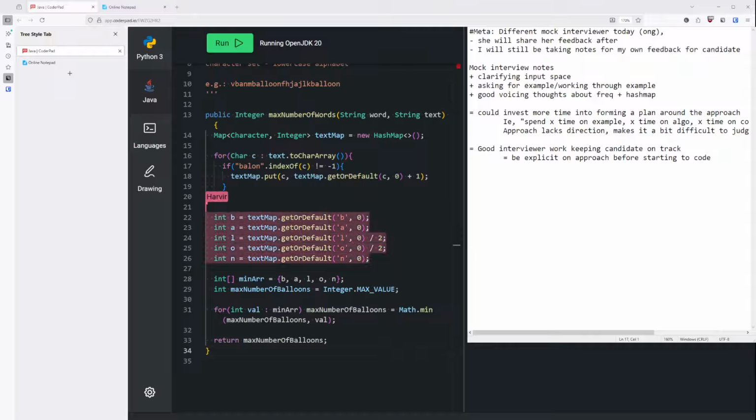And instead of having this hard coded here, track characters using the hash map, and then instead of having this here, I would have a different way of, I guess, counting the minimum. So instead of, I wonder if those,